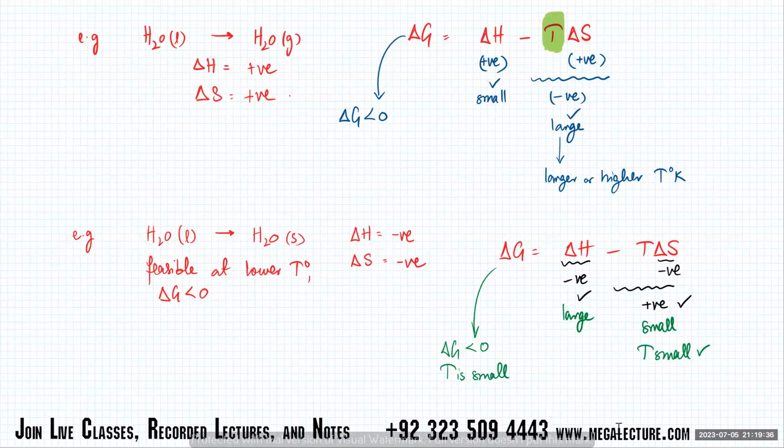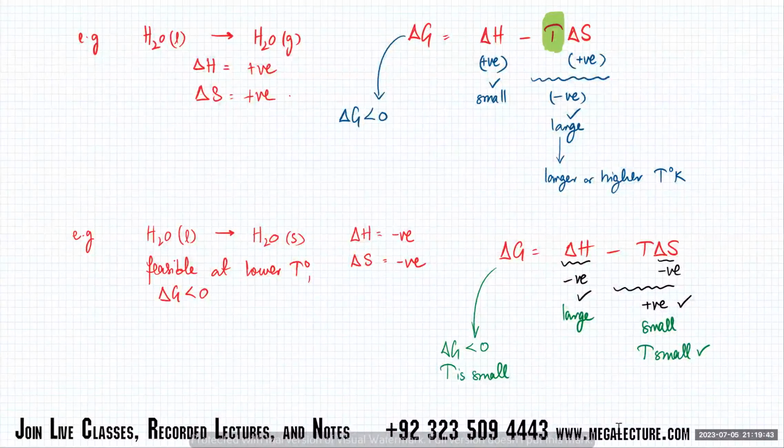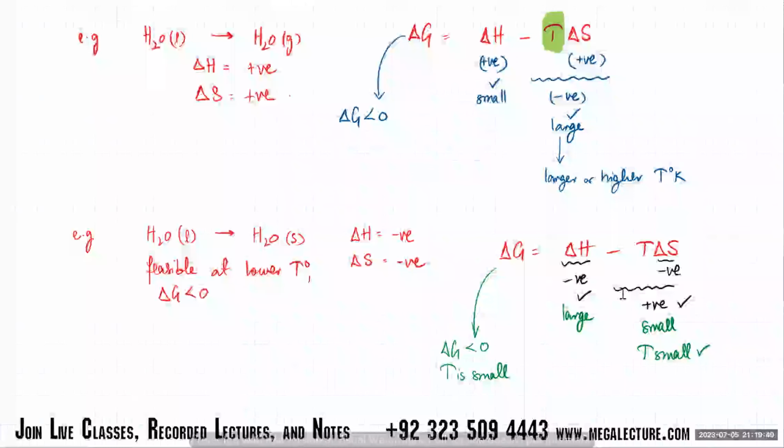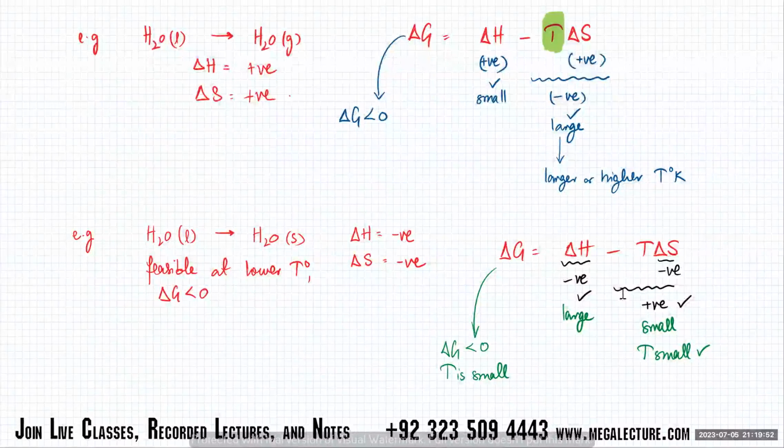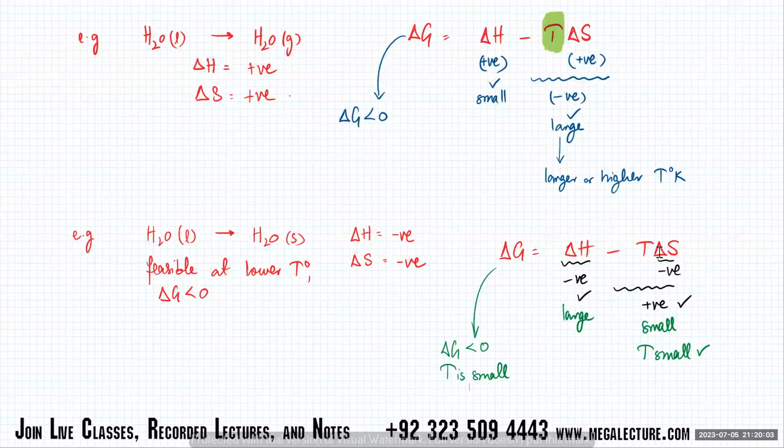So you can now apply it to any other equation. You get the same concept. You just apply it, and we'll do that in the next class, tomorrow: how to predict when reactions would become spontaneous or feasible and when they're not going to. The other part is easy. If they give you values, you just plug in the values and you get the value of delta G. If it's negative, that's feasible. If it's positive, that means it needs energy, and it's not going to work. So if the values are given, it's easy, just plug in the values.